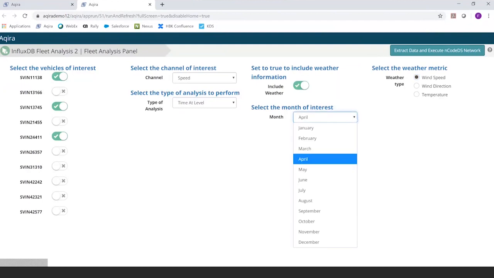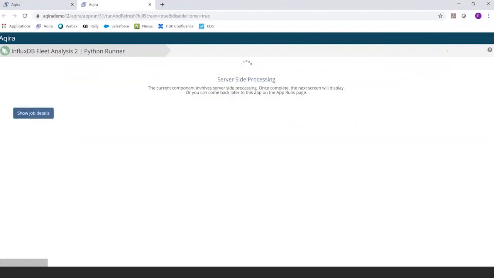So all the coding for this and all the setup has been done in the background. It is possible to use the application just how I'm using it right now, without going through the details of how this was implemented. And this is an important feature because the person who wrote the app and the person who used the app don't necessarily need to be the same. So without further ado, let's let nCodeDS extract the data and then perform the analysis.